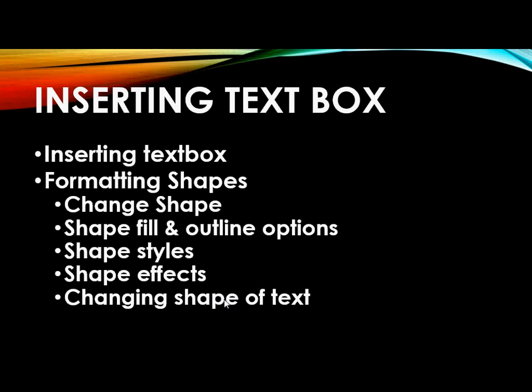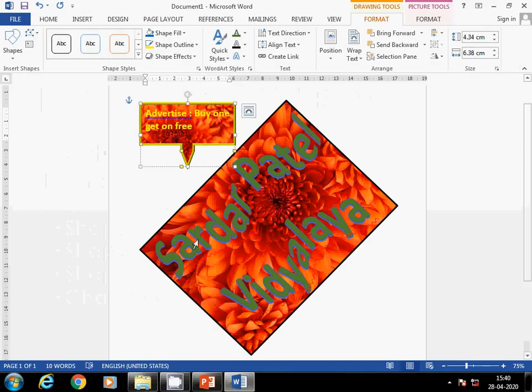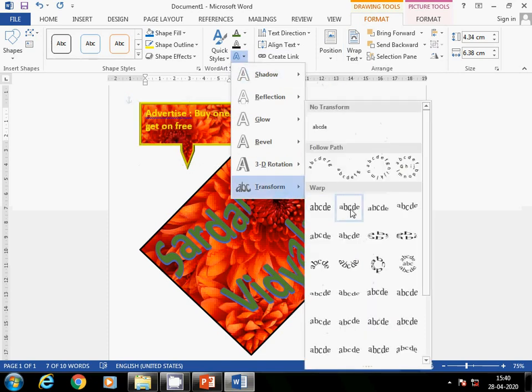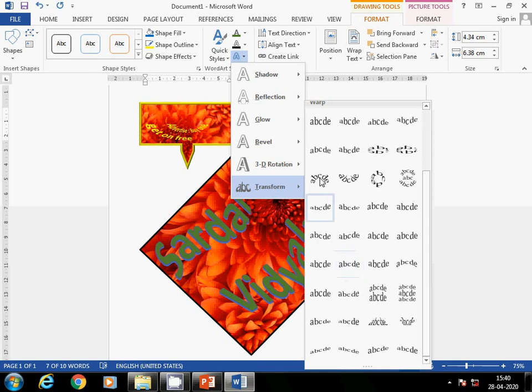Shape of text we have also changed in word art. Here also we can change. Go to your text and then directly to Drawing Tools and styles. From here we can apply the Transform option, so that will come accordingly. See, follow path, whatever path is required, we can go for that. Okay, so this way we can apply the text transform option.